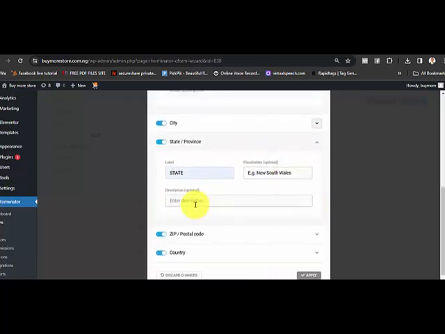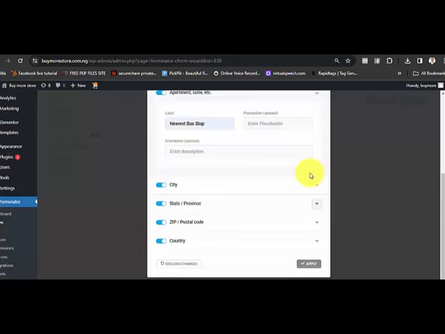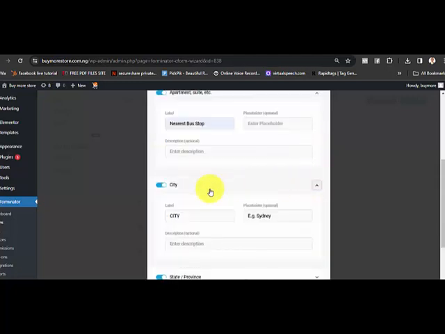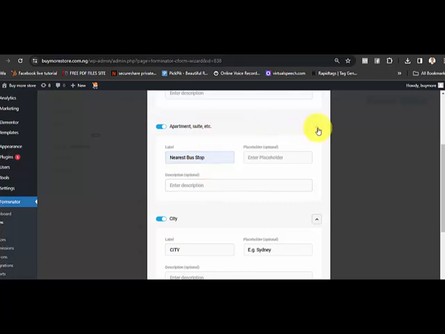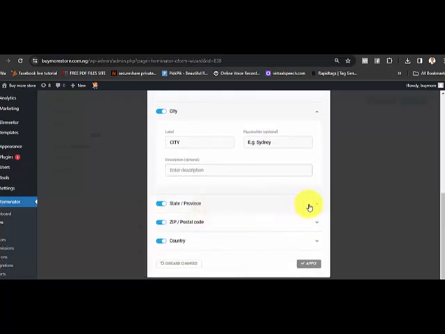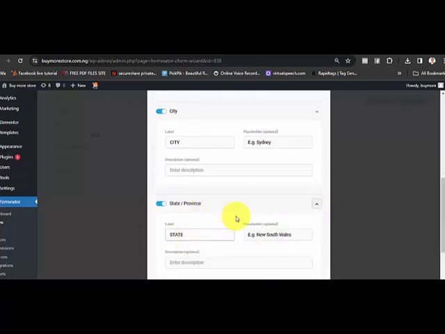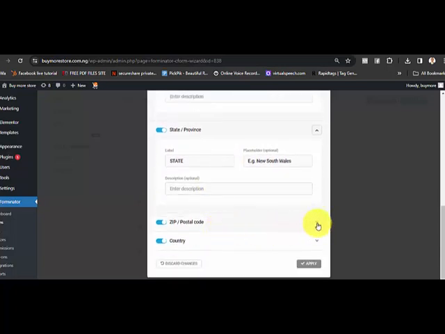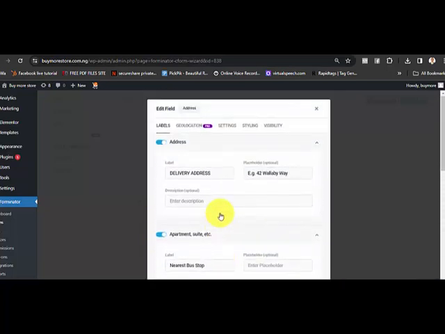So now I think I've done that one. Okay. City. So each of these, for example, now this one, apartment, everything. Just let me finish. So then, like I said, city, state, it has been changed to state. And then this one, zip code and postal code, I don't need it. I will turn it off. Country, I will also turn it off. So then you now come here, for each of the labels,